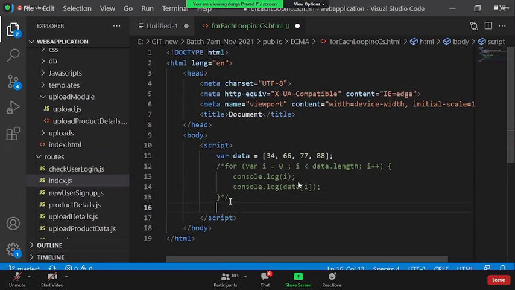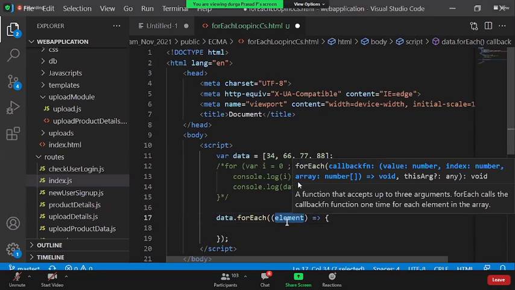But now from ECMA 6, the latest version, you have something called the forEach looping control structure. forEach is a looping control structure using which you can iterate over an array. You can simply say data dot forEach.